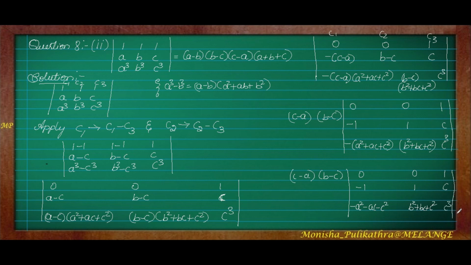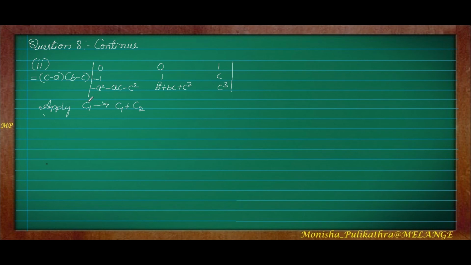Now we need to apply the rule for this. That is, for column 1, I will be changing it to column 1 plus column 2. Let us continue the problem. So here we have stopped in this place. Next what I have applied is C1 changed to C1 plus C2. So this column and this column I will be adding, summing up column 1 and column 2. So these common things will remain as it is.